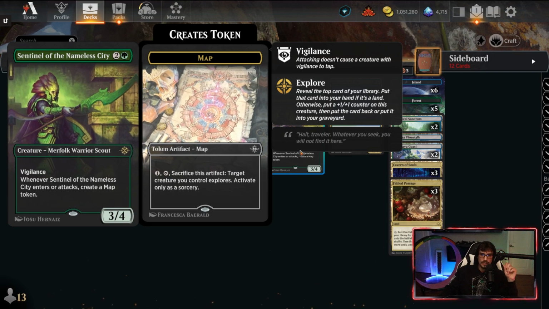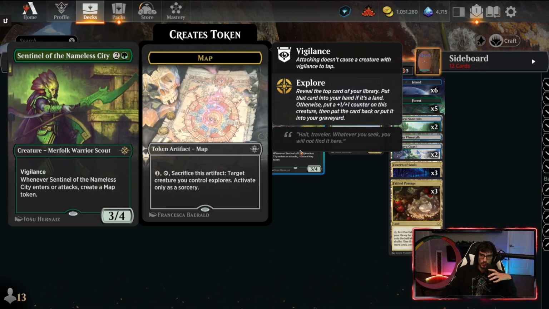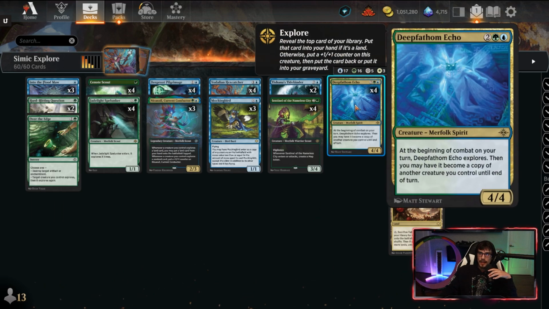Of course, when it enters or attacks, create a map. We can sacrifice this map for 1 to explore target creature, which is fantastic. And then the Deep